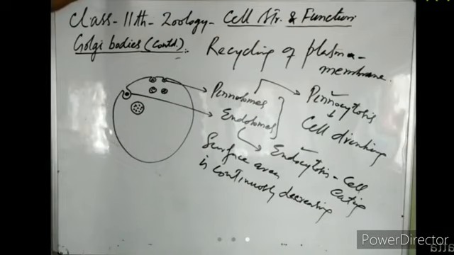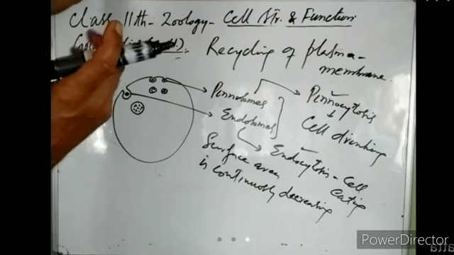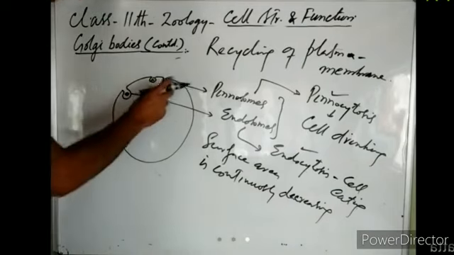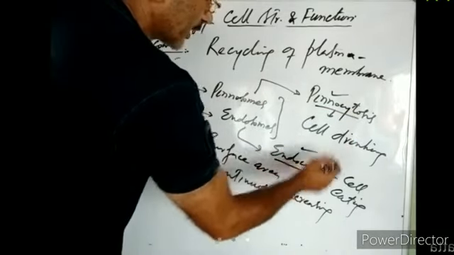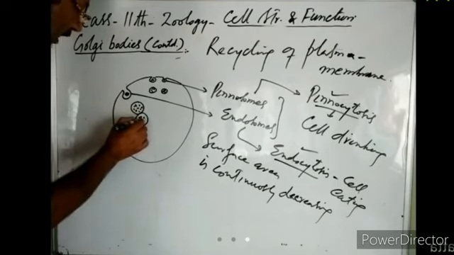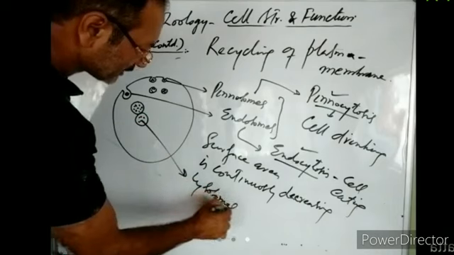If this process continues for a long period, then the cell will shrink in size. The cell will become smaller and smaller. So then that means our tissues will shrink. But that doesn't happen. These vesicles which are released into the cytoplasm by pinocytosis or by endocytosis fuse with the lysosome of the cell.